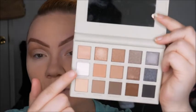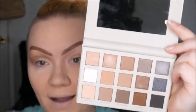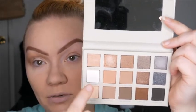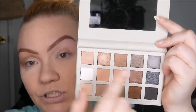So I'm going to start with this white in the corner just to set it so it doesn't crack and all that kind of stuff. And later I'm going to go in and put the highlight that I'm using over it to give that pop. But then I'm going to put the white and I'm going to start blending with some of these shimmer